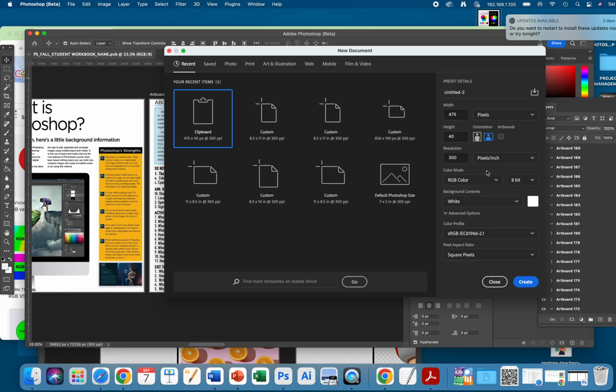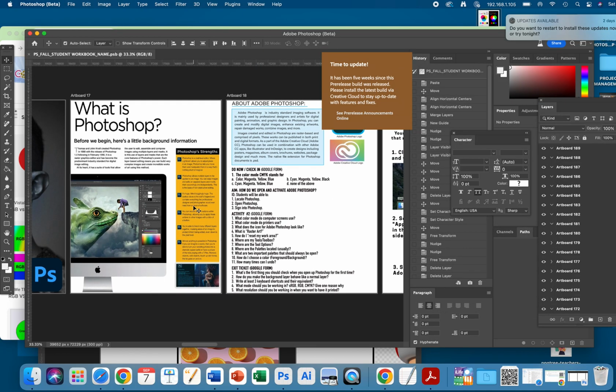So why is this important? It's important because if you are setting up your document as RGB, that means your colors may appear to be more vibrant. If you decide later on that you would like to print a file that is RGB, you may or may not notice a color difference. Sometimes you'll see that the colors do get dull. There is a way to switch the color modes when you're in Photoshop if you realize later on that you've made a mistake, which we will talk about moving forward. Going back here,